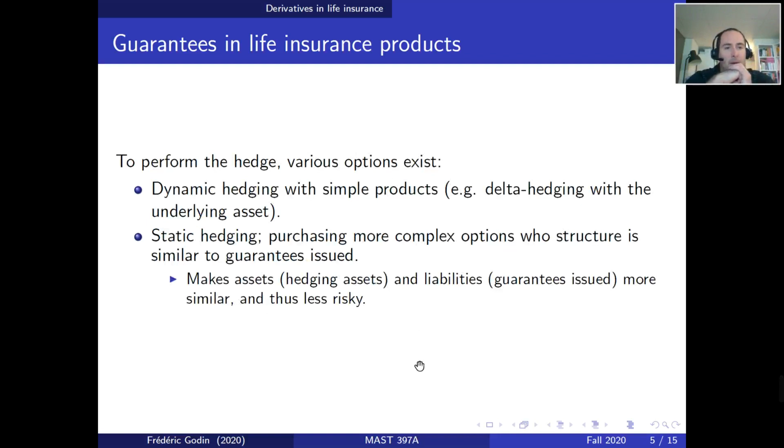To hedge their portfolio of guarantees or options, there are multiple techniques that exist, some that we've discussed throughout the current class. A first technique is dynamic hedging with simple products. For example, some insurers might delta hedge their guarantees. Sometimes the guarantees behave like put options on stocks. Well, they can calculate the delta of these put options and purchase or sell shares of stock such that